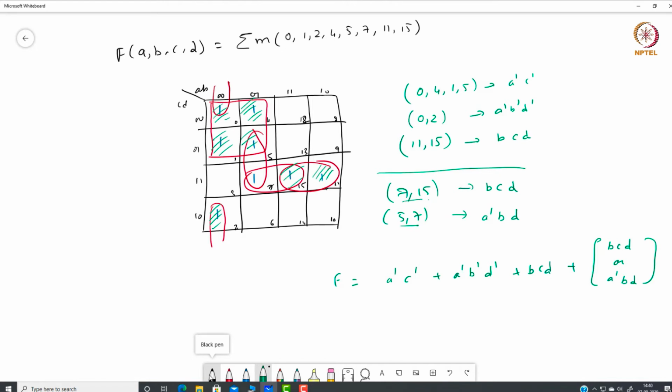So from this example, what I can conclude is that there is a possibility that there could be multiple minimum expressions or multiple optimized expressions which have similar cost. So it is equally probable. So basically we can choose any of them, and both of them would result in a correct solution.